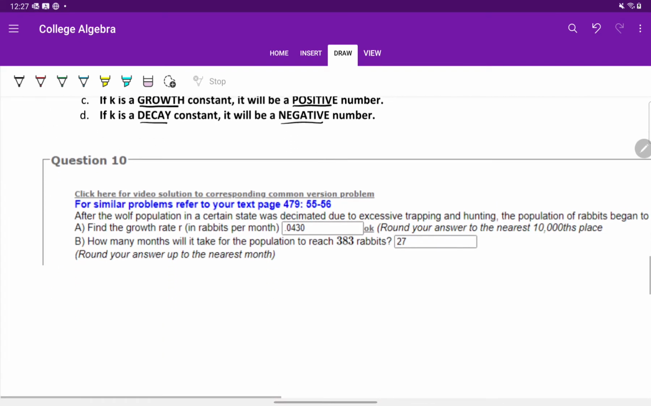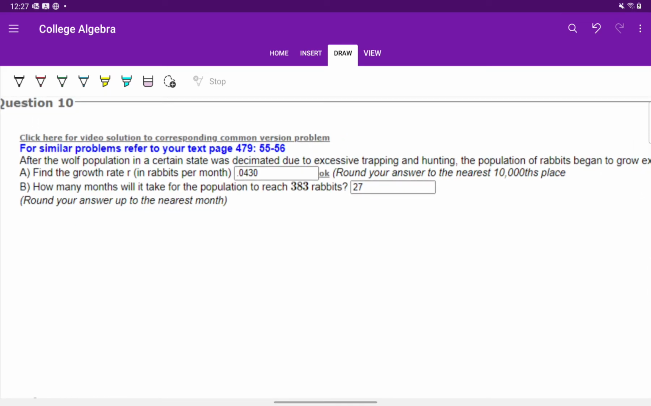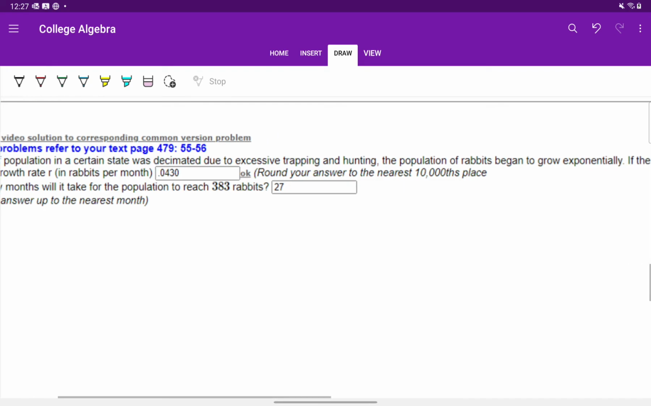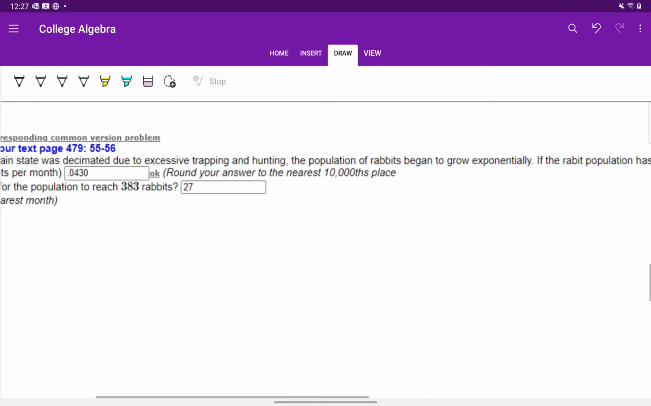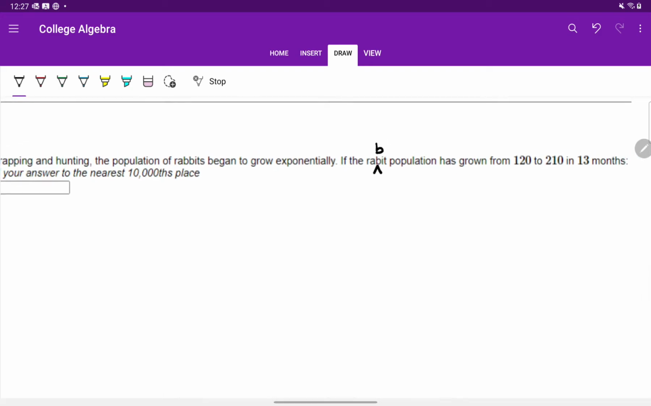All right, so I hope that you've written down that standard formula or committed it to memory because we're going to start using it. In this question from the common version of the homework, we've got a wolf population that was decimated, and as a result, the population of rabbits began to grow because the predators were gone. Hey, I'm not the only one who can't spell. If the rabbit population has grown from 120 to 210 in 13 months,